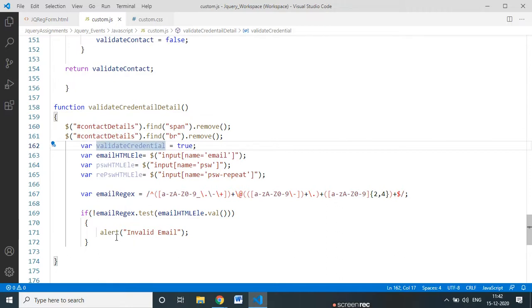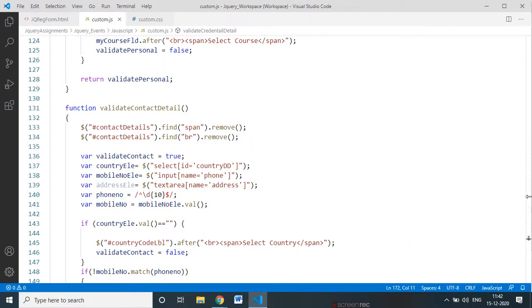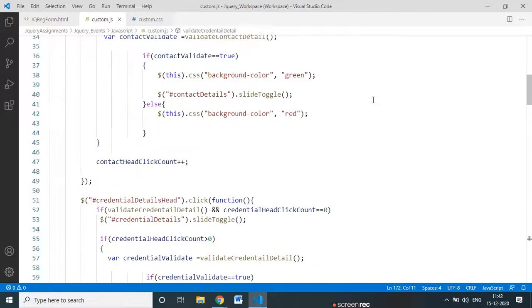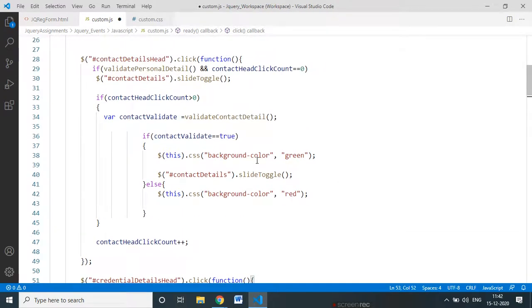You take the email and it's saying wrong email ID. If the counter is 1, I'll remove this section. Okay, not required.